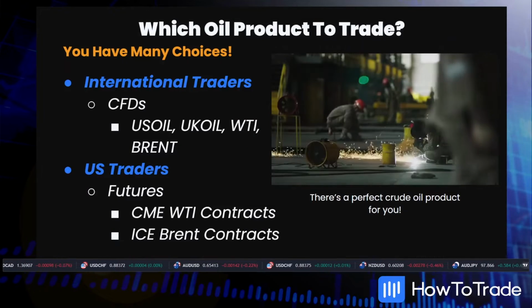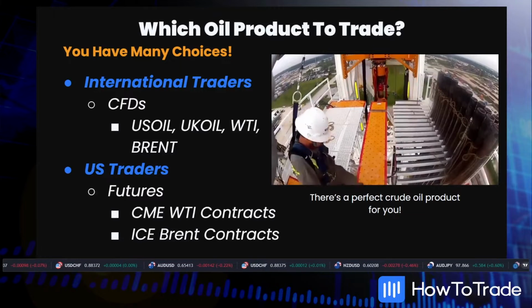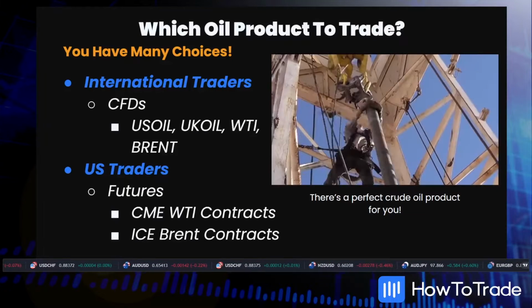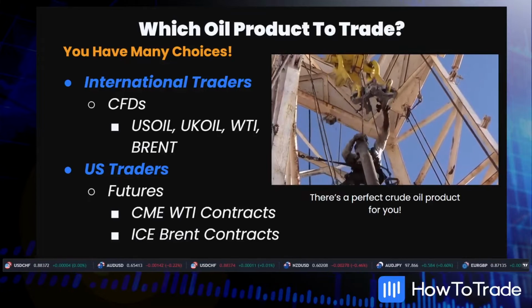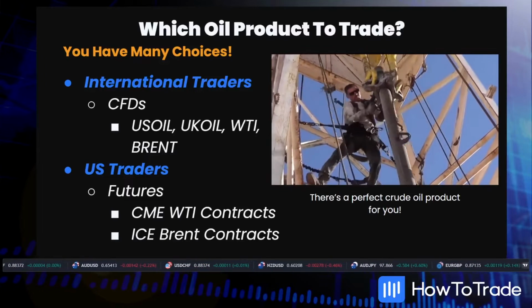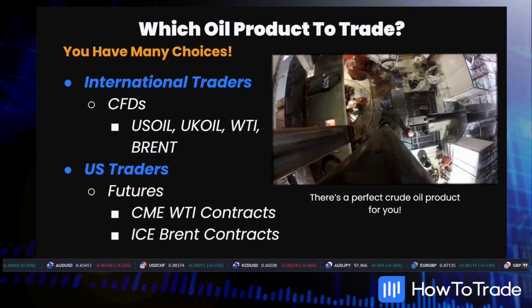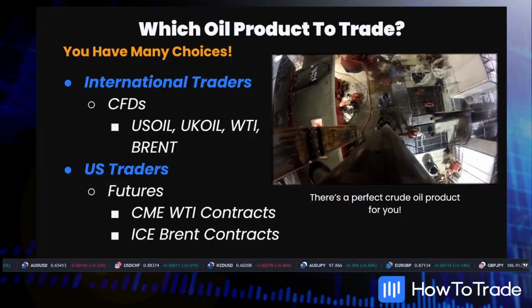Now, before you dive into the markets, you must pick a way to trade oil. There are two primary crude oil products, North Sea Brent, or Brent, and West Texas Intermediate, or WTI. Both of these are viewed as global benchmarks for the trade of high-quality, light-sweet crude oil, such as U.S. oil, UK oil. WTI or Brent CFDs are great options. If you're in the U.S., CFD trading is not permitted. To trade crude oil, you will have to consider WTI futures offered by the CME Globex electronic market or those found on the Intercontinental Exchange.